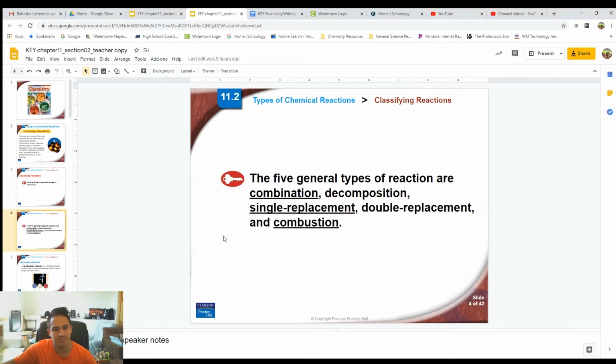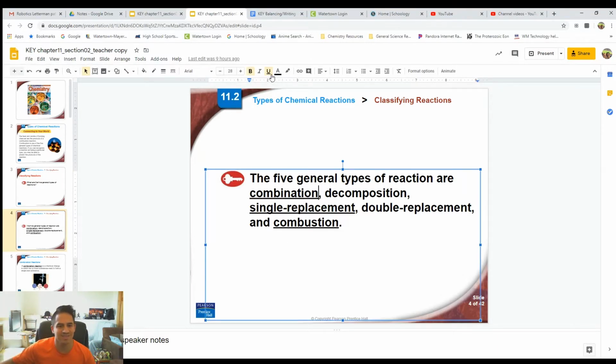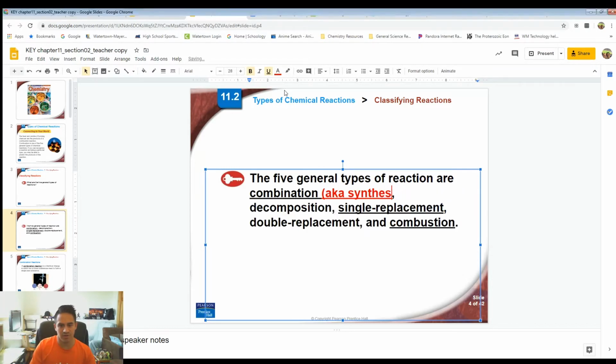So the 5 main types we have are combination. Sometimes this is also known as synthesis, so aka synthesis. Though I will always typically refer to it as combination, but you may see synthesis written in other places. We have decomposition, single replacement, double replacement, and combustion. So we're going to go into each of these in particular so we can understand how each one looks and